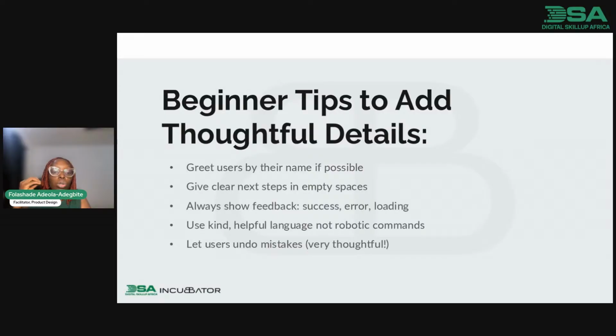Let users undo mistakes. Don't say it's their own problem or their cup of tea when they make mistakes. If users find out that when they mistakenly delete something it cannot be undone, they will look for alternatives and say, what if I mistakenly deleted it, what if I didn't remember.